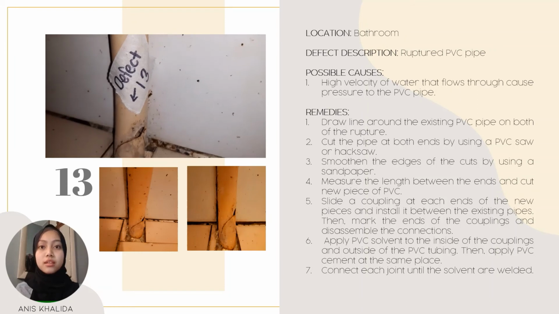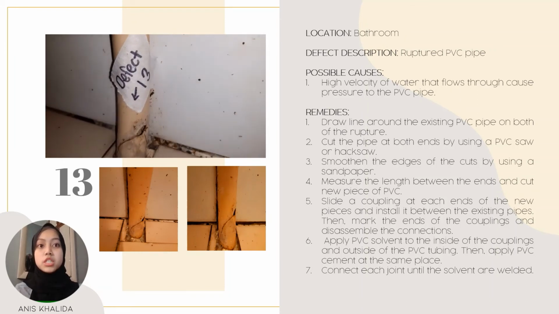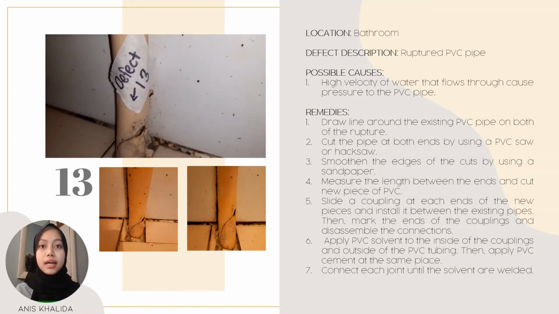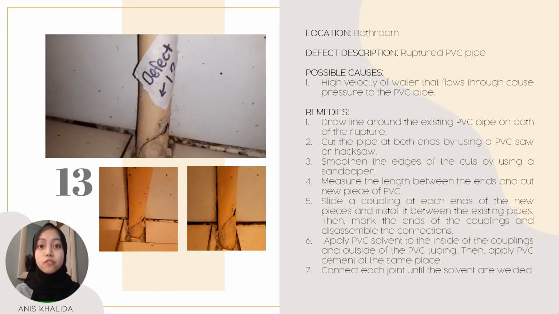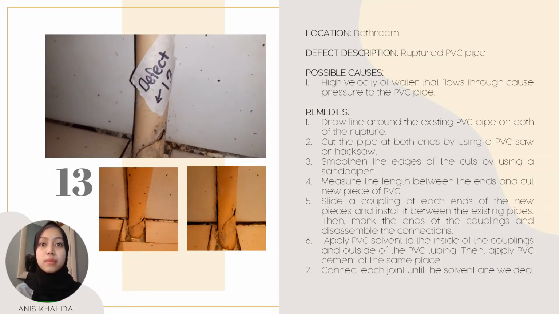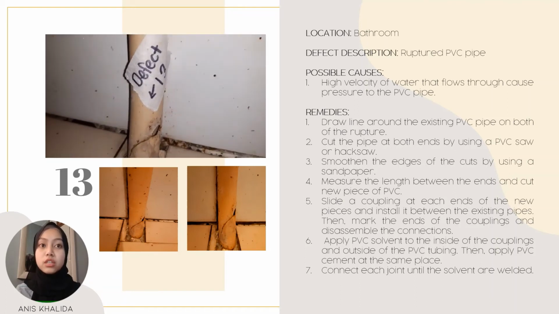The defect number 13 is about the ruptured PVC pipe, which is located in the bathroom. It is mainly caused by high velocity of water that flows through the pipe. The way to fix it is by drawing the line around the existing pipe on both sides of the ruptured